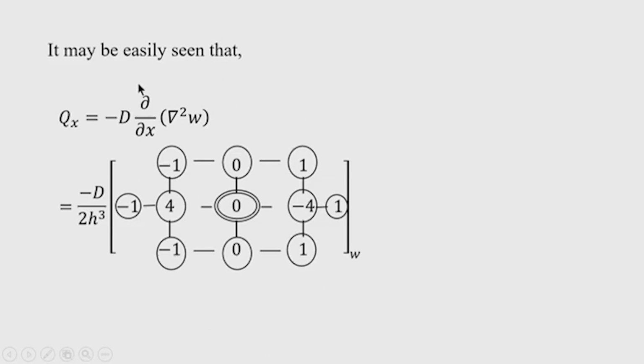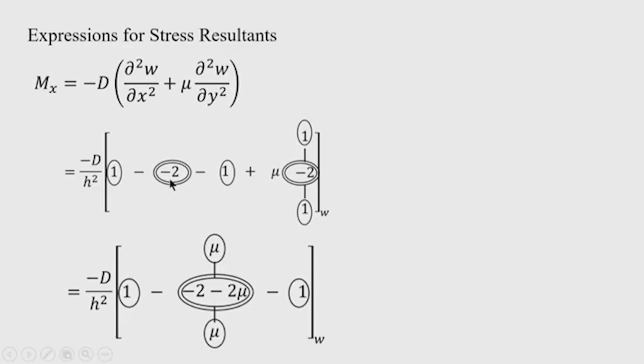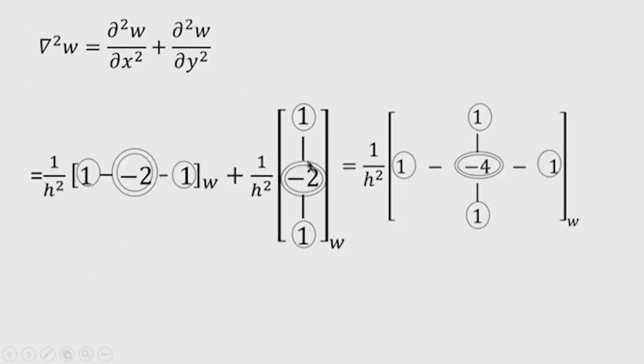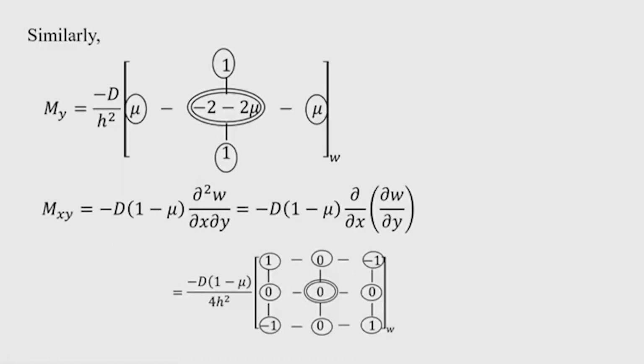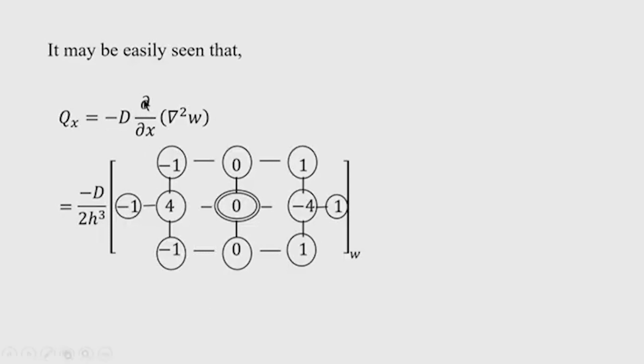It may be easily seen that the shear force is nothing but minus D del by del x of del square w. The del square, if I expand it, will be del square w by del x square plus del square w by del y square. After operating with this, because del square w we already found out, del square w is this quantity. So, once you find this del square w, then after taking the rate of change of del square w, we now get the